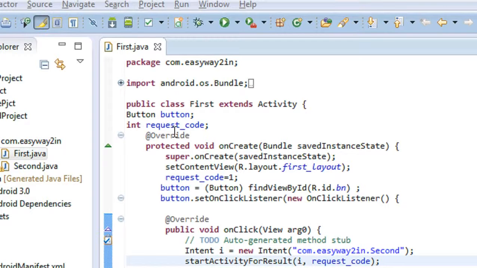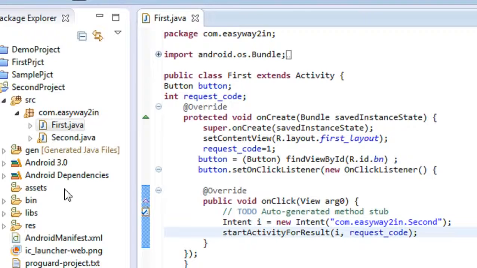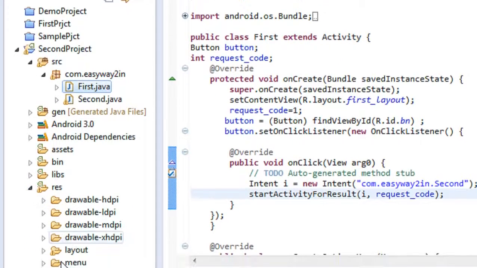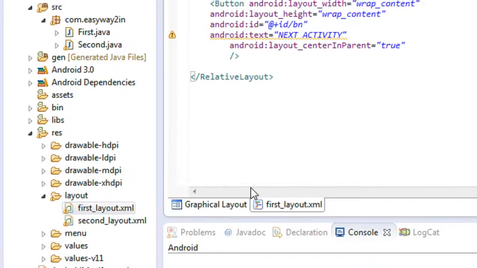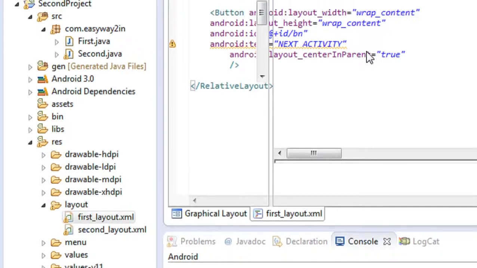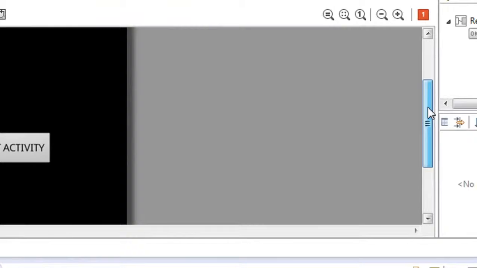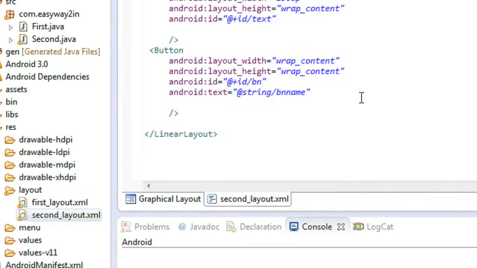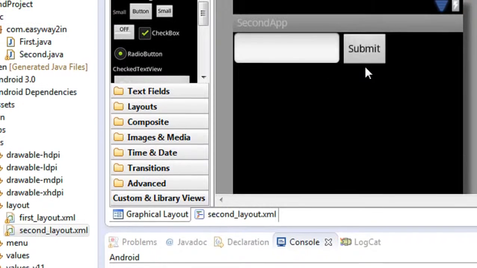In the previous tutorial we already created two activities. The first activity contains a simple button. When the user clicks the button, it goes to the second activity, and in the second activity there is a button also, and an edit text option.